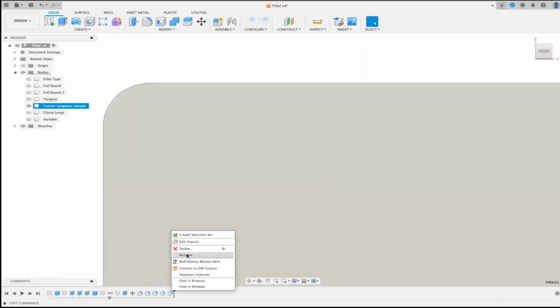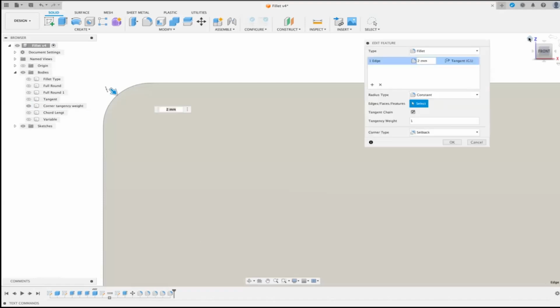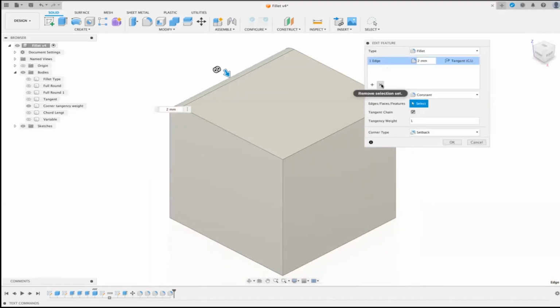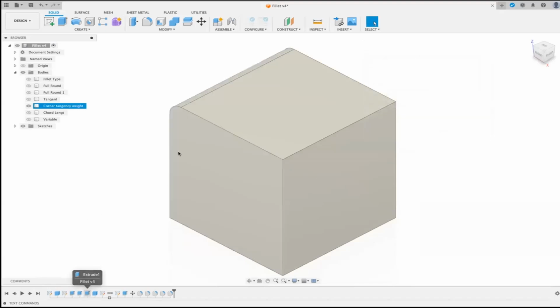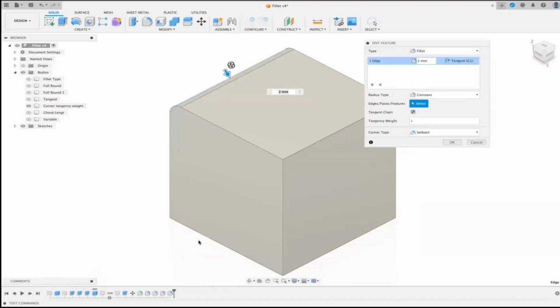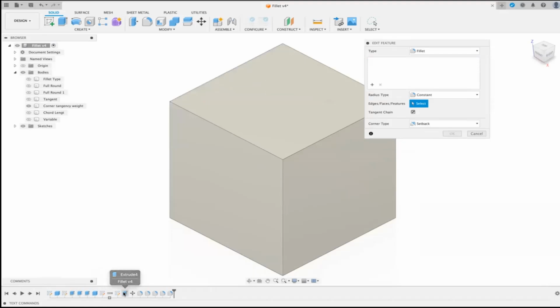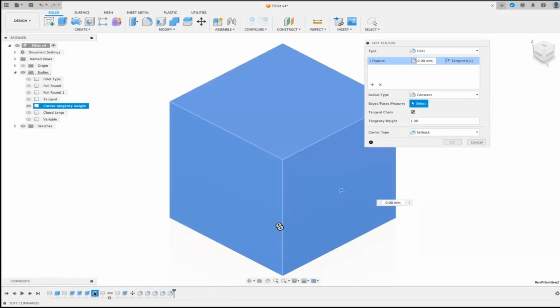So I edit that one again. So if I deselect that and if I select the feature, I don't know, oh, let's come out of that again. Find out what one that is. So that's the last one. Okay. So if I edit that feature, if you remember that I can select a feature, which is that one. So if I deselect that, then select that. No, it's not that one. That one. And then if I do 2 mil